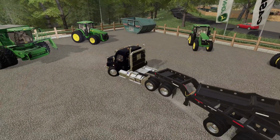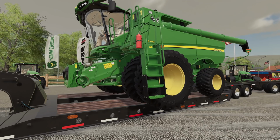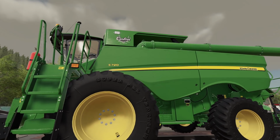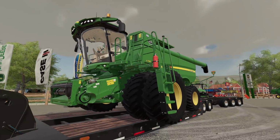And let's take a look at these brand new X9 combines. Let's start quickly with the S790, the combine we're getting rid of, of course. It currently has 625 horsepower, and I think the bin is around the 14,000 liter area. This is actually a really nice looking combine, but we're going to go to the latest and